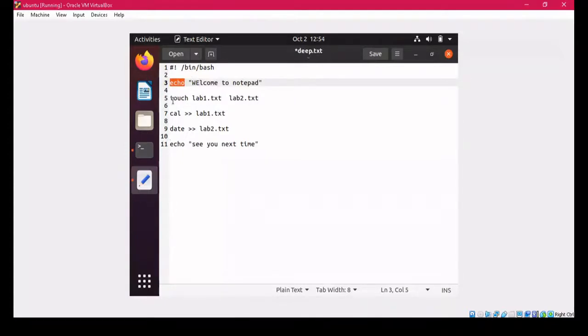Then with the help of the touch command, I am creating the lab1 and lab2 files, and the output of the cal command is redirected to lab1 and the output of the date command is redirected to lab2. So in lab1 you will be seeing the current calendar, and in lab2 the current date. And again I am displaying a message, "see you next time", with the help of the echo command.